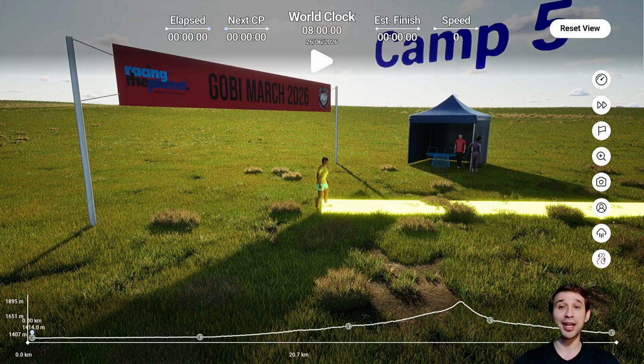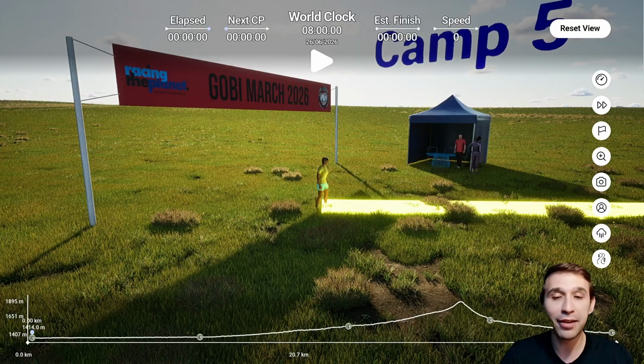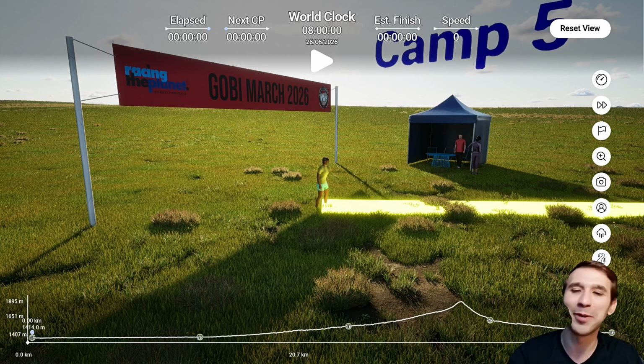Today we are looking at stage 5 of the race, which takes you through the Orkhon Valley, a UNESCO World Heritage Site, which is really beautiful, a big highlight of the race for a lot of people. And the defining feature of this day are the water crossings. It's impossible to have a Racing the Planet event without a couple of water crossings, and this stage has the